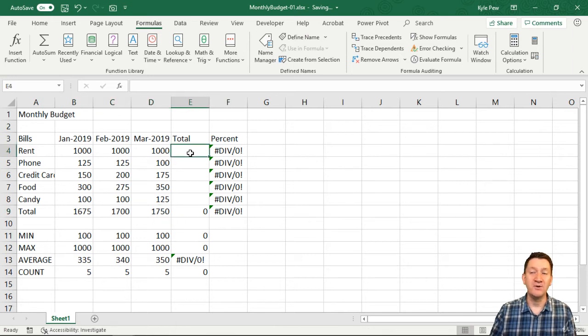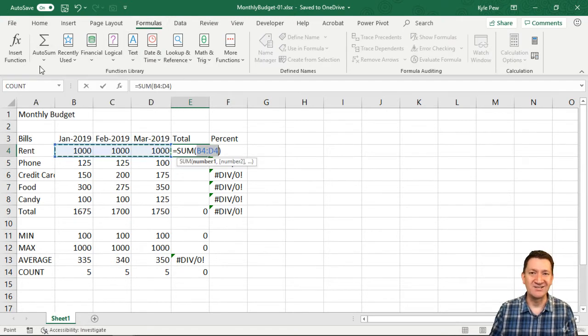I'm gonna come over here, I'll use the auto sum. Now, this is one of the reasons why I like to start at the basics first. We're about to see something here that could potentially throw an error in your calculations, utilizing a more automated approach like the auto sum. Take a look. I'm inside of E4. I want to get a total for rent across each of the months. Well, great. I'll go up to formulas, hit the auto sum, and look at that. Sum B4 to D4, got all 3 of the values. Great, right? That's awesome. Hit my enter key, done.